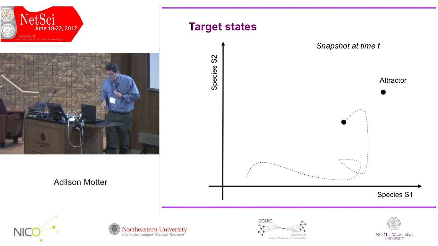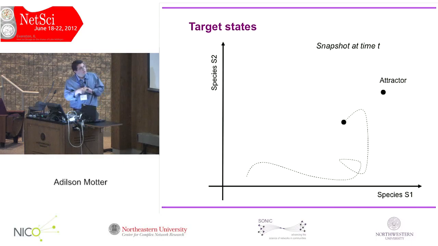And let's assume that my target state is an attractor, a fixed point attractor that projected on this plane is right here. Now, if this is a problem in which I can only suppress populations, I can only move to the right and move down, then one might be tempted to think that it's impossible to bring this system to the attractor. In fact, it's impossible to bring it to the attractor directly, but it might be possible to bring it indirectly,